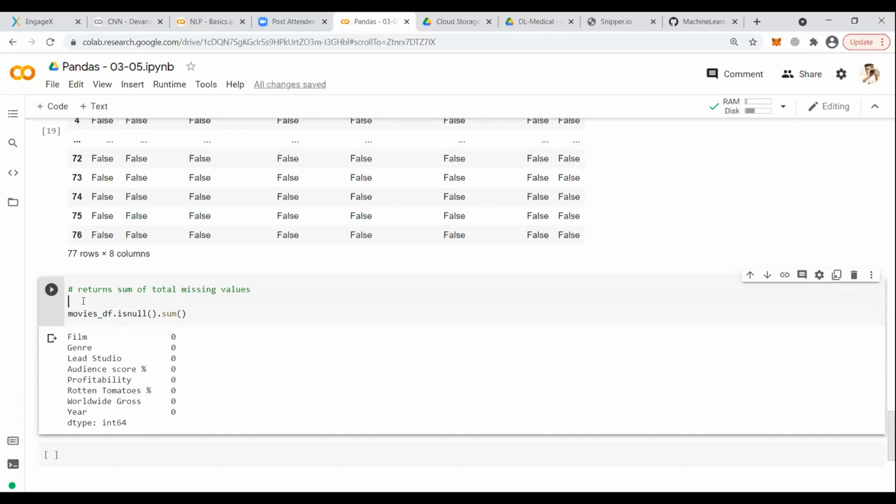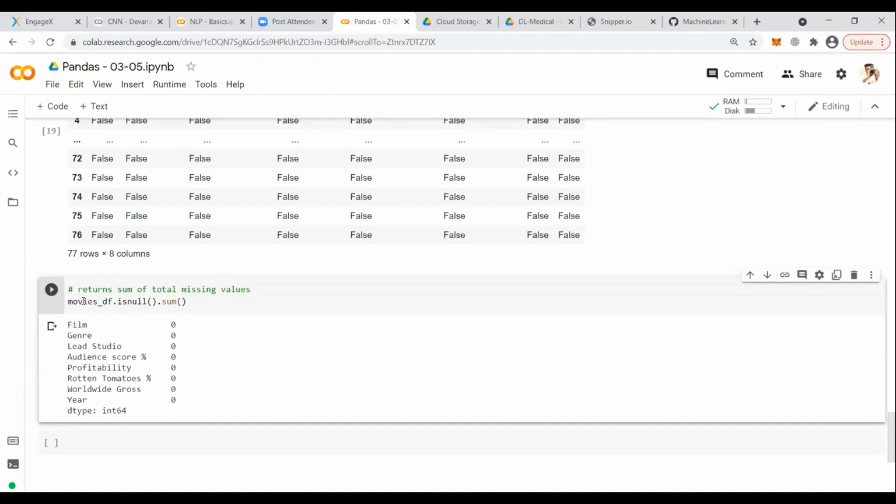So movies_df.isnull().sum() returns the sum of total missing values. That means how many rows are missing in each column, and false means 0. So likewise, it will give you a count of rows missing for every column.